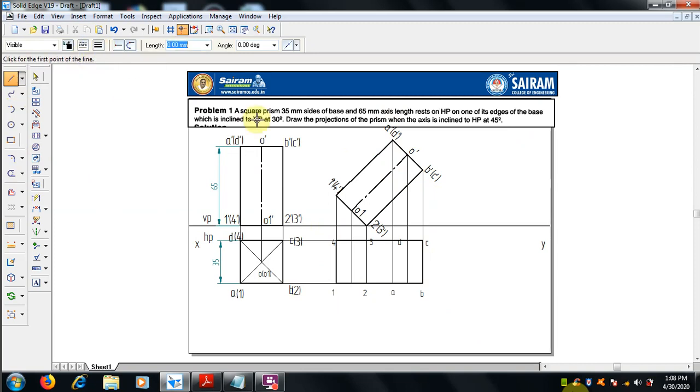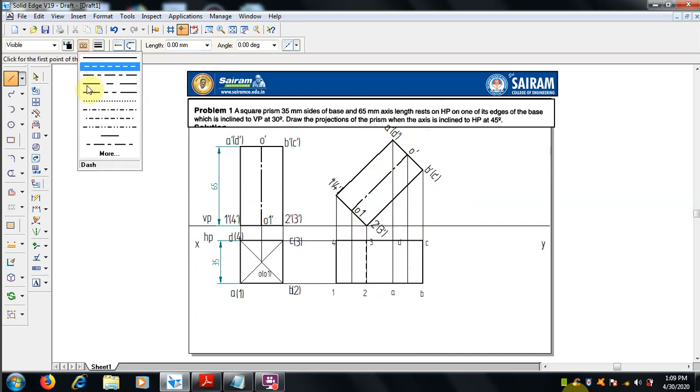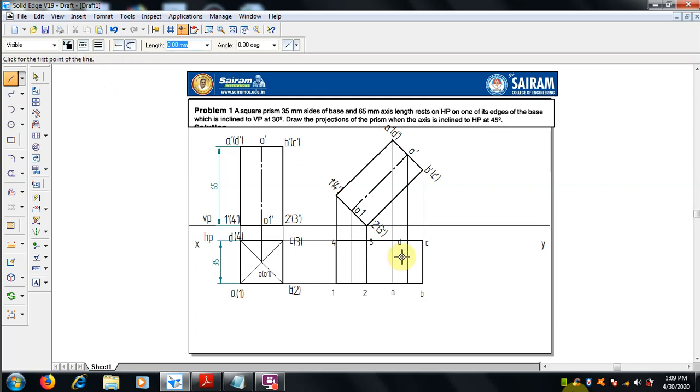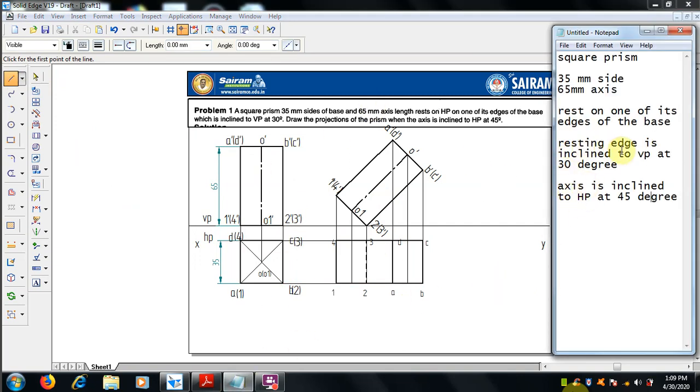When we are seeing from the top, the edge 2 3 is invisible, but the AD edge is a visible edge. So let me draw the 2 3 by using a hidden line. Okay, now it is a hidden line, and we have to draw this. A and D is a visible edge from the top. If you see, that can be viewed directly. Visible edges are darkened with 0.5 mm thickness. Invisible edges are hidden lines, dashed lines.